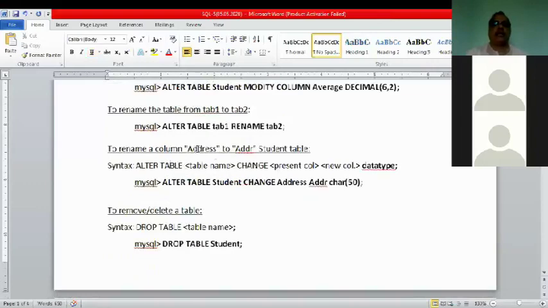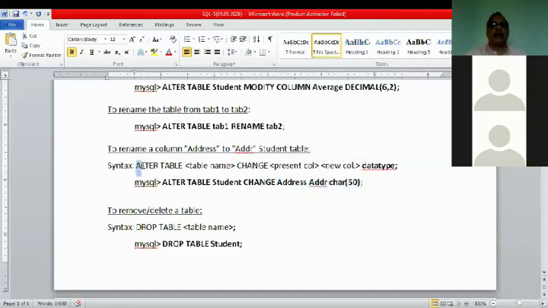Similarly, if you want to rename a column, alter table student change address, where address is the existing column name and you want to make the new column name ADDR. So what will you write? Alter table student change address ADDR followed by the data type.